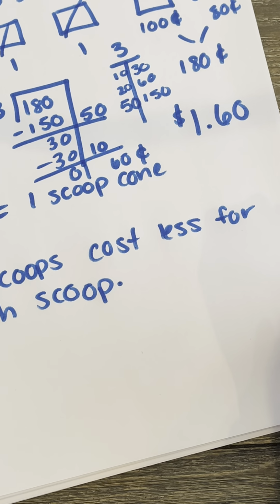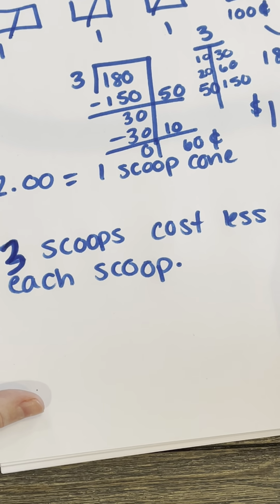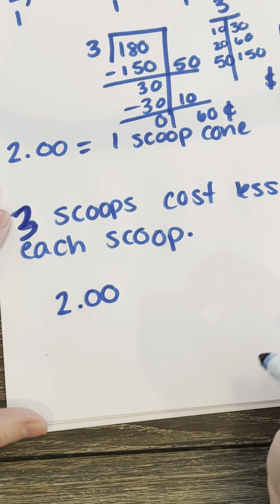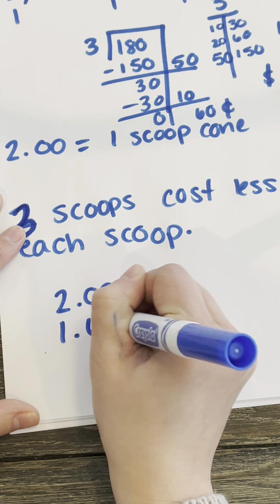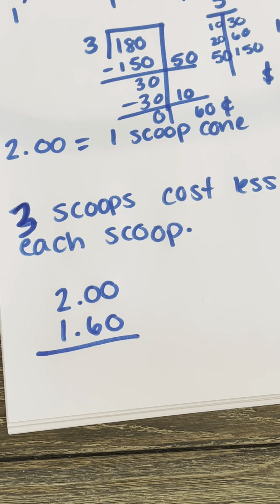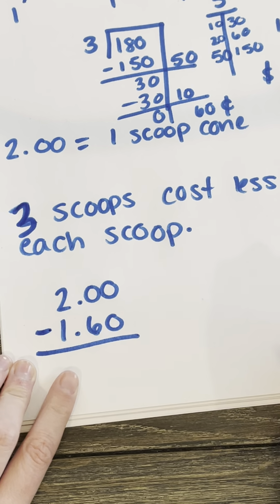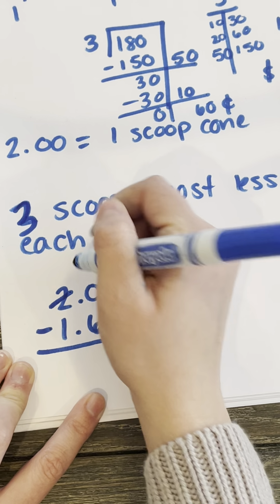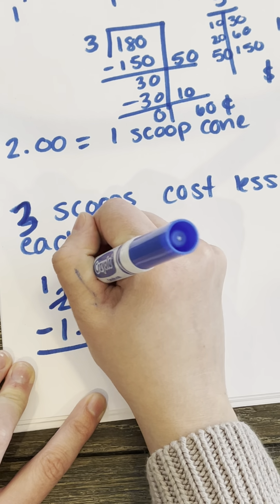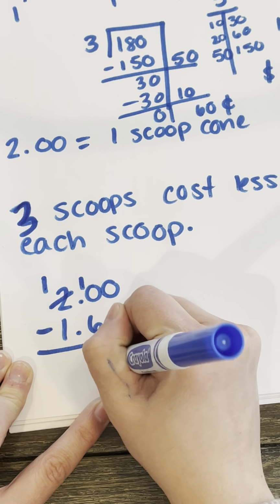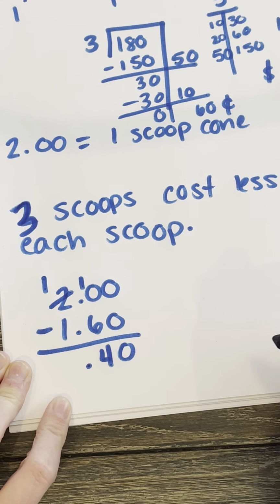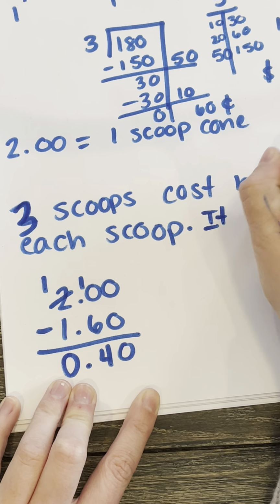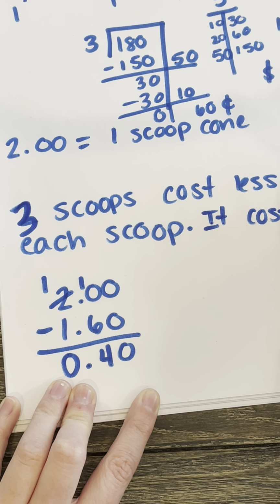And then it says how much less. So I'm not done. So our story problem said how much less. Well, 1 scoop was $2 for its 1 scoop, and a 3 scoop ice cream was our $1.60. And I have to figure out how much less. So when I see how much less, I know that I'm subtracting. So 0 minus 0 is 0. 0 minus 6, I can't do. So I gotta go over and borrow. So I'm gonna borrow from my $1, and that's gonna make me 10 dimes. So 10 minus 6 is 4. Drop my decimal place down, and 1 minus 1 is 0. So it costs 40 cents